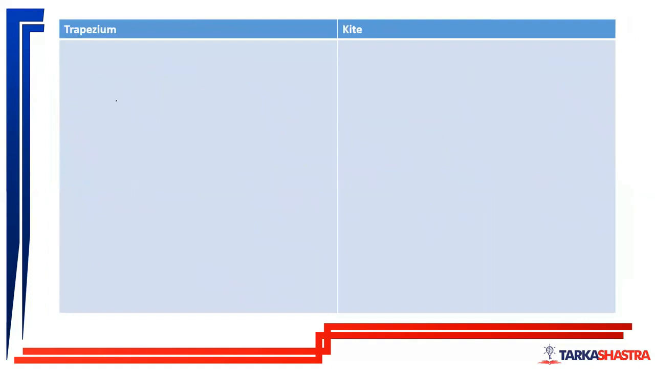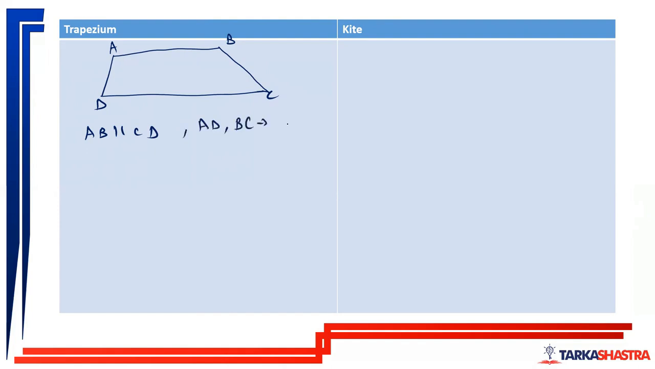Then you have a trapezium. Trapezium, or it is also called trapezoid. It looks something like this with A, B, C, D. AB is parallel to CD. Two sides remain parallel. And AD and BC are known as oblique sides, which are not parallel. Now if I connect the trapezium like this,